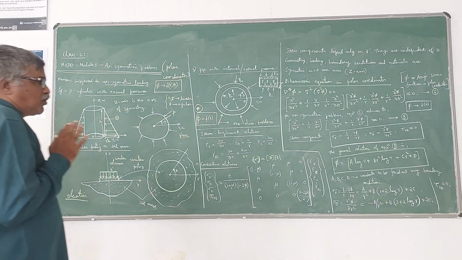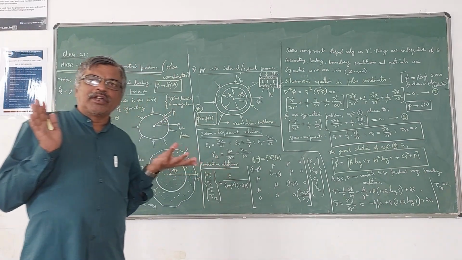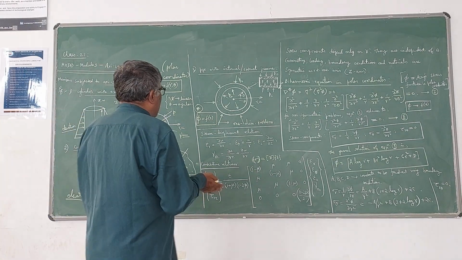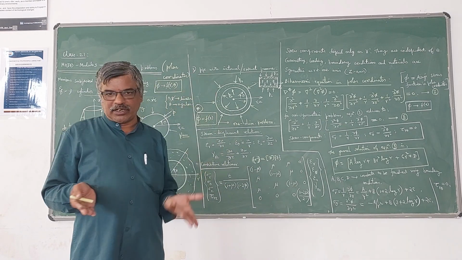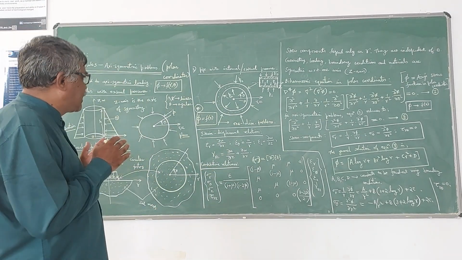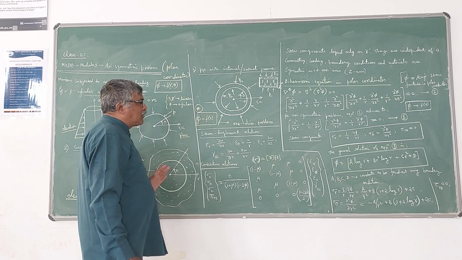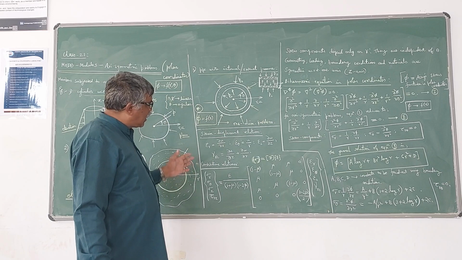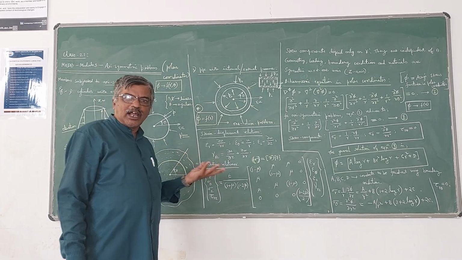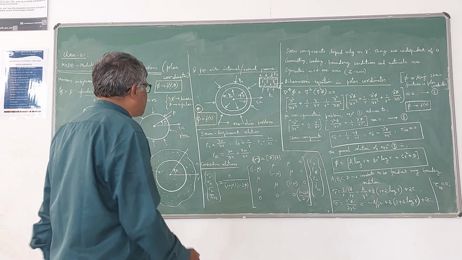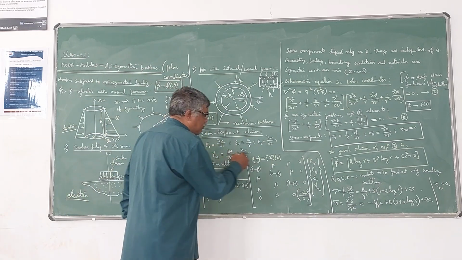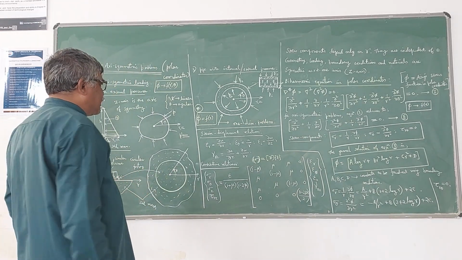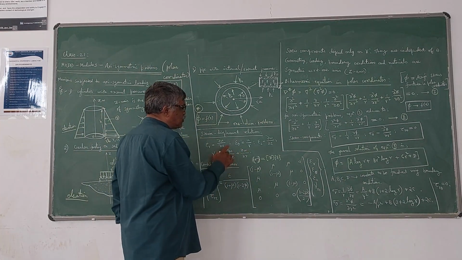If you can transform a cylindrical coordinate problem into a polar coordinate problem which is two-dimensional, and that one into an axisymmetric problem which is one-dimensional, then a three-dimensional problem is getting converted to a one-dimensional problem. Now in the case of three-dimensional cylindrical coordinates, the stress-strain relationships will be like this, similar to your Cartesian coordinates. These are the stress-strain relationships which you have to remember.